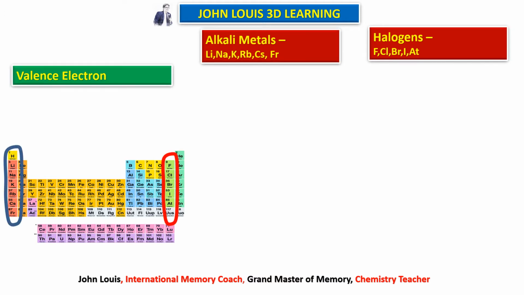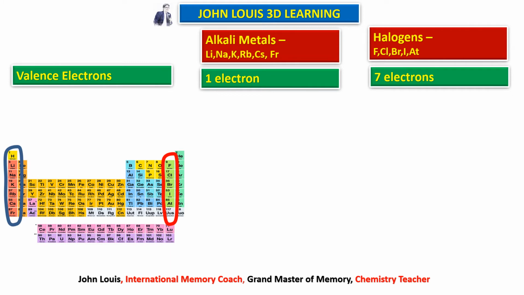So here, what is the third property? Valency electron. How many electrons does it have in the valency shell? Alkali metals have 1 electron in the valency shell, whereas halogens have 7 electrons in the valency shell. That is why both are very reactive. So alkali metals are ready to give 1 electron to become stable. Halogens are ready to accept 1 electron to become stable. That is why they form electrovalent bond or ionic bond between them. Alkali metals donate, halogens accept. Therefore, the type of bond created by donating and accepting is known as what? Ionic bond or electrovalent bond.